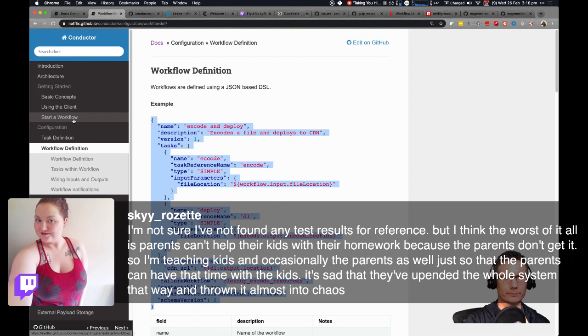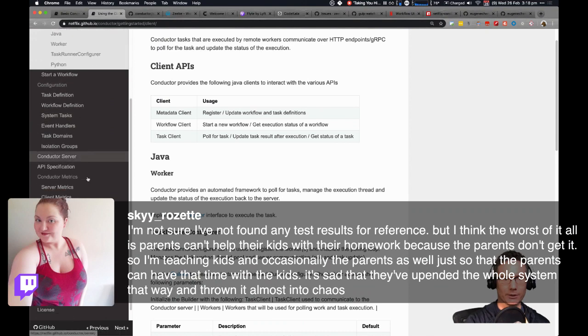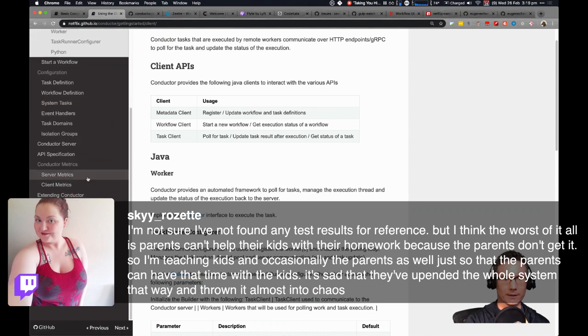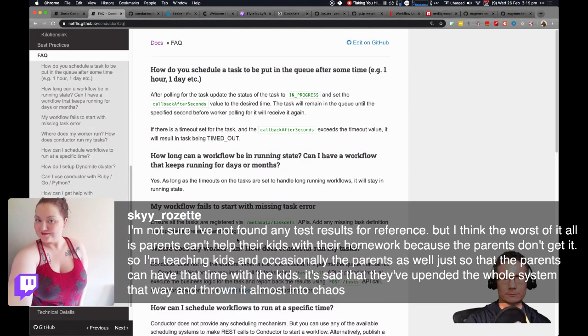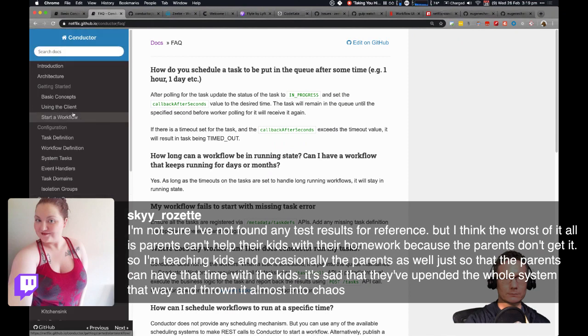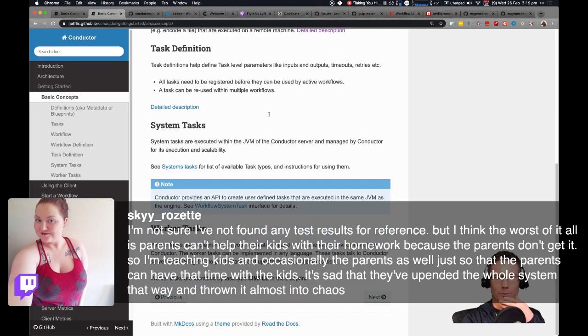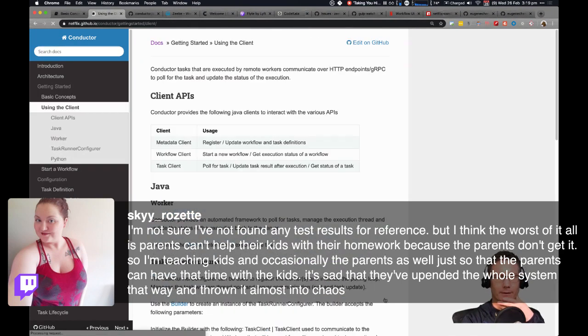Deploying your workflow using the client. API specification, server metrics, extending task lifecycle, FAQ. Basic concepts maybe. System tasks, worker tasks, next.